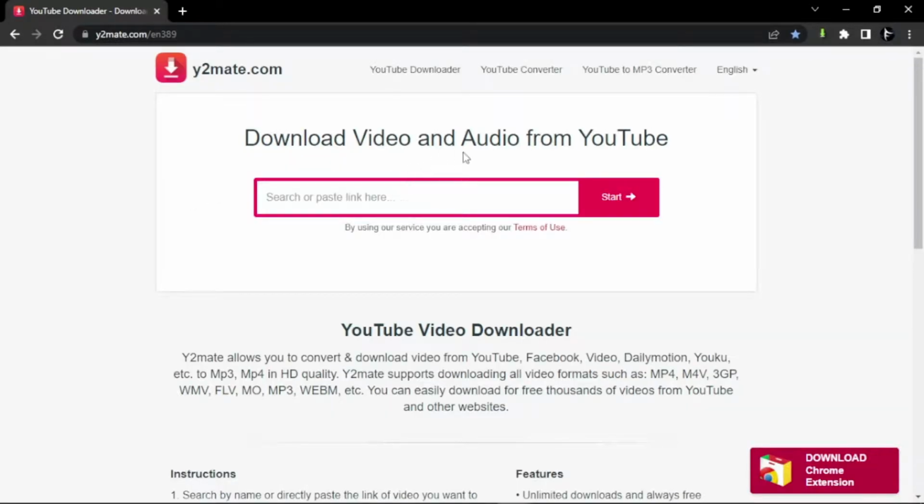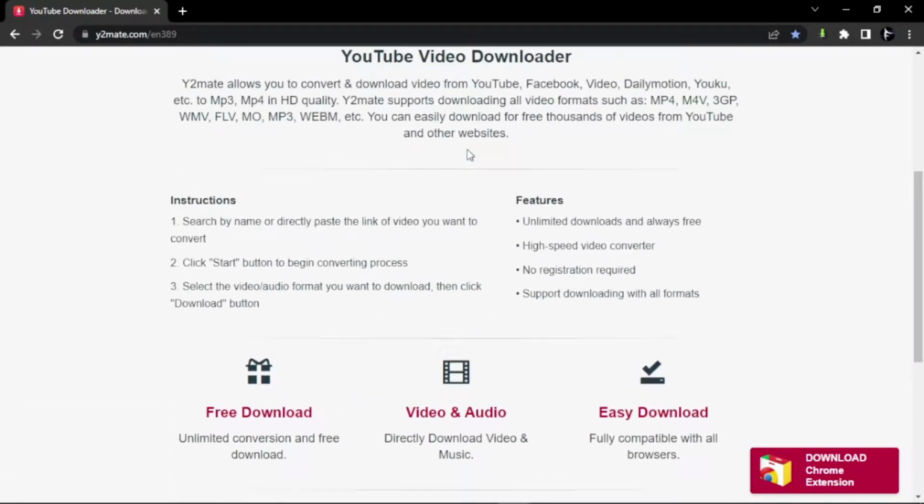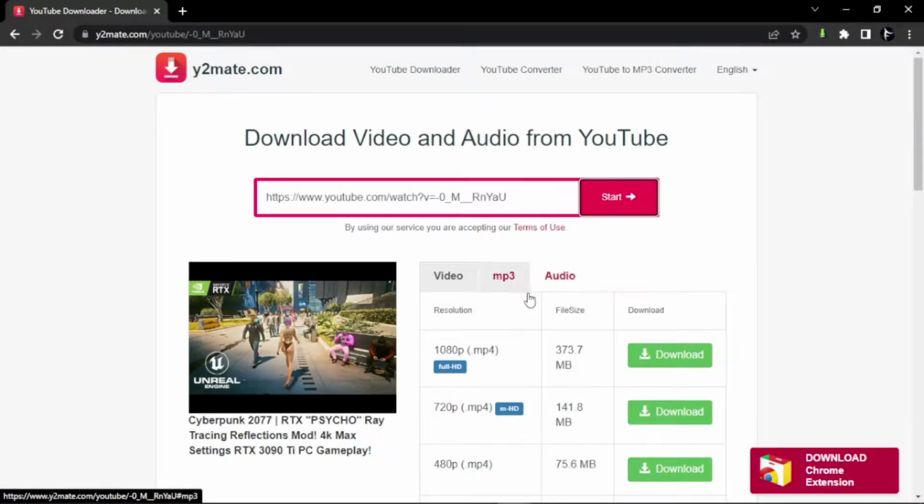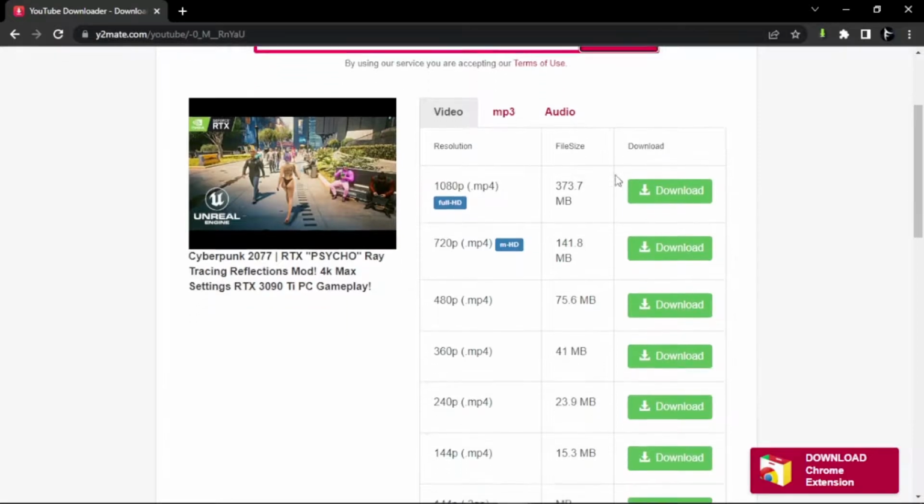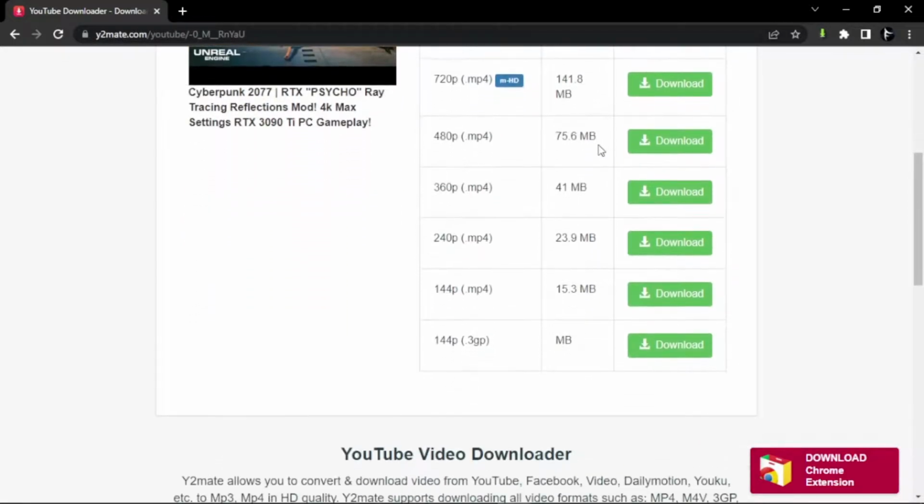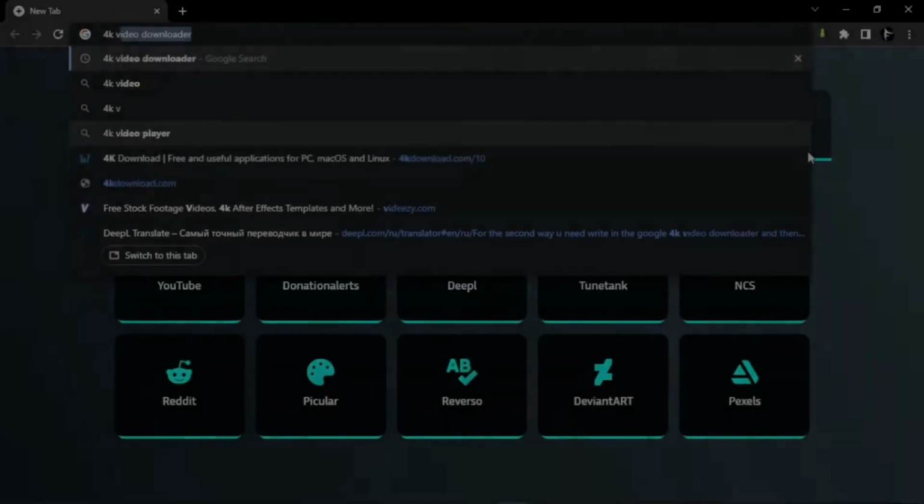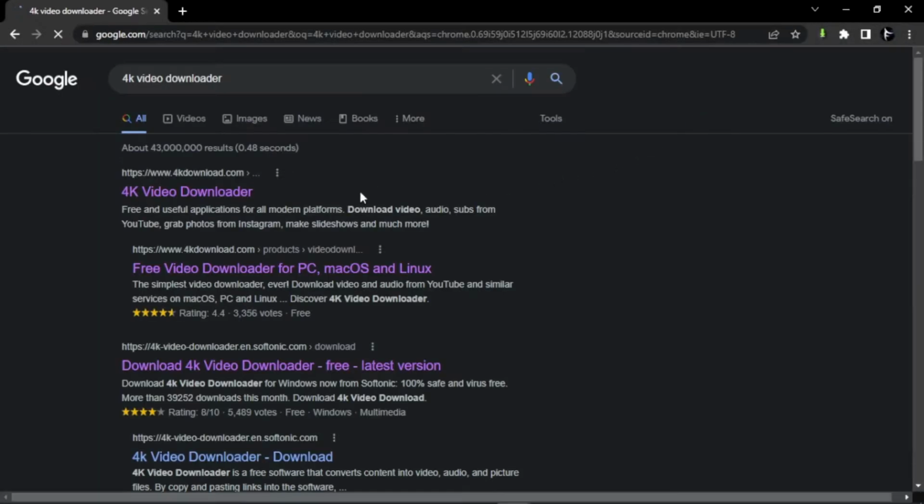For the download videos, you need to copy the link from the video what you want to download, then paste them here. Finish! You can choose the resolution from Full HD to 140p, and if you want, you can download only MP3 file. For the second way, you need to write in a Google 4K video downloader and then go